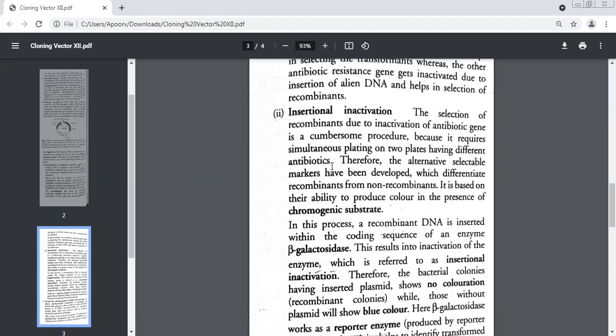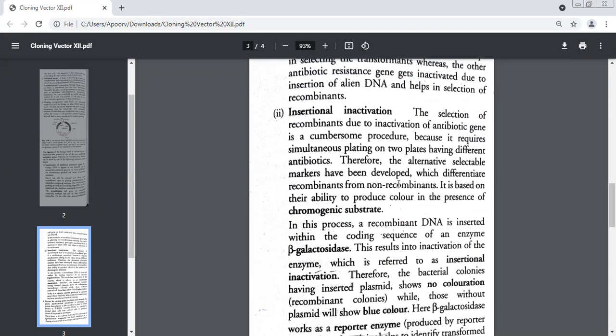First, you make them grow on the ampicillin plate, wait till they grow. Then those which have grown, the recombinants, you remove them from the first plate and you transfer them to the second plate, which contains the second antibiotic. Which was the second antibiotic they were having? Tetracycline. So it takes a lot of time, very time consuming. That is why we say this is what kind of a procedure? Cumbersome. Yes, it's a cumbersome procedure.